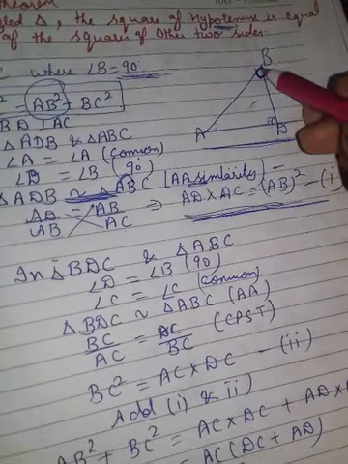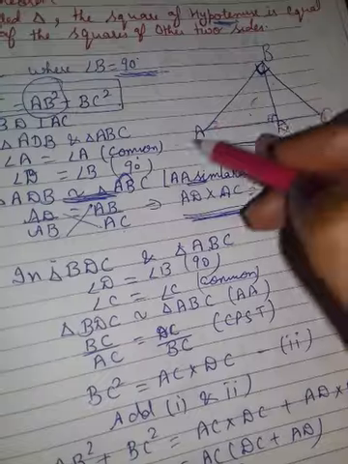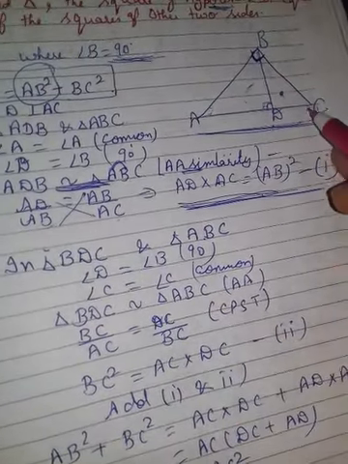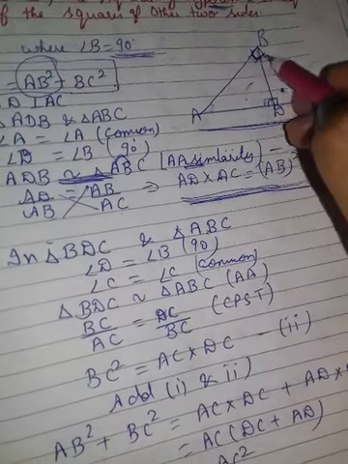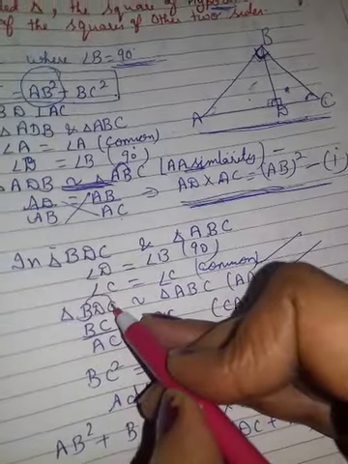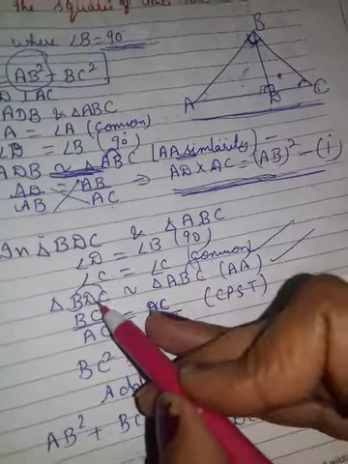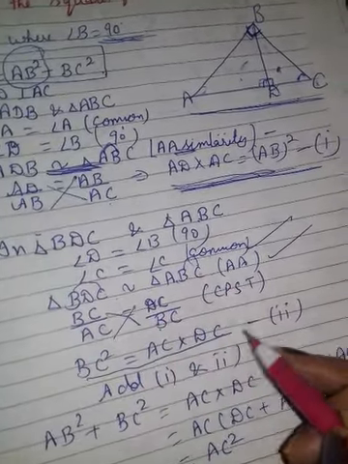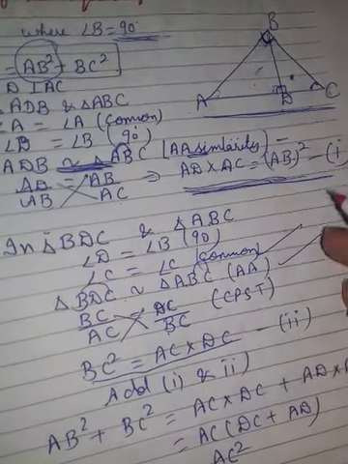Now I will take this small triangle with the full one. Same condition, angle C is common in both, and D is 90 with B is 90. Same here, I try to make BC square. BC upon AC, and DC upon BC. In this manner I got BC square. My motive is to make the square of the side that I want.